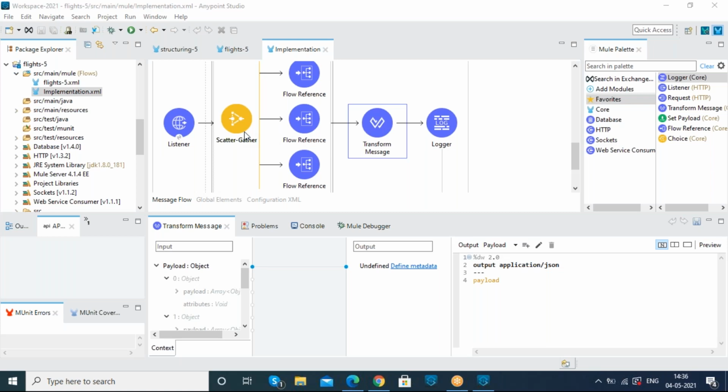Mahesh, what I'm asking is, you are trying to combine the responses coming from the three sources, correct? Yes. So you are converting into the JSON structure and you have mentioned it as a payload. How does it recognize the three different response structures? See, payload is nothing but whatever the response is. This is the total response here. It will be picking the total payload, not an individual payload. Oh, okay, fine, fine.